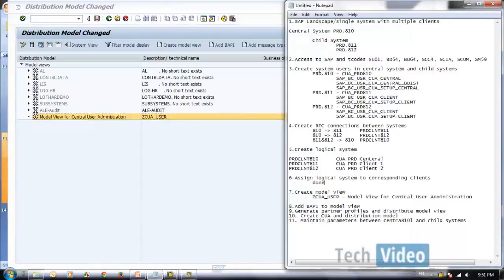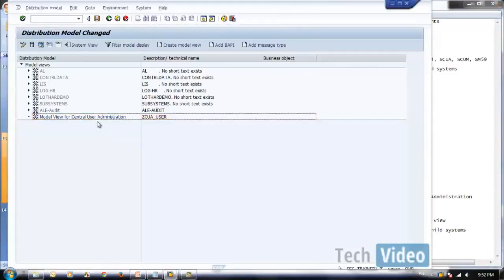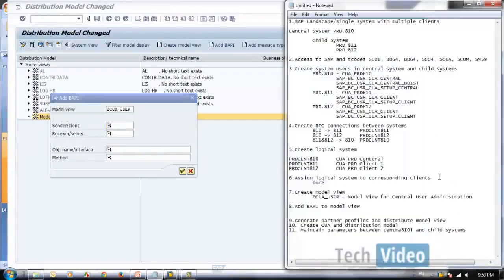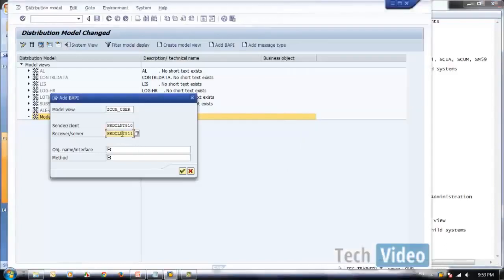Our next step is to add BAPI to the model view. So to add the BAPI, you select the model view and say add BAPI. Okay, here we need to specify the source client and the receiving client. So the source client is, we already know, this is our source client and this is our receiving client.